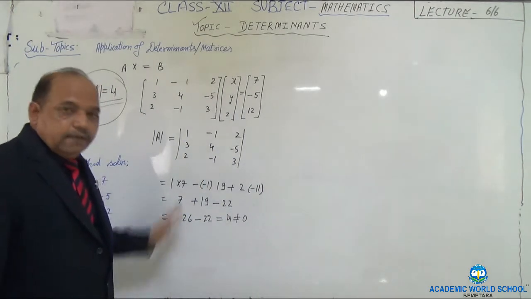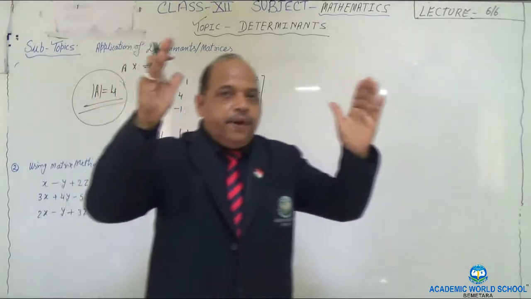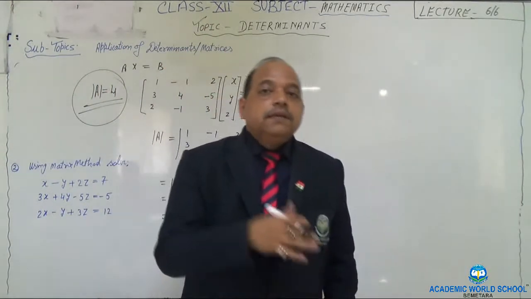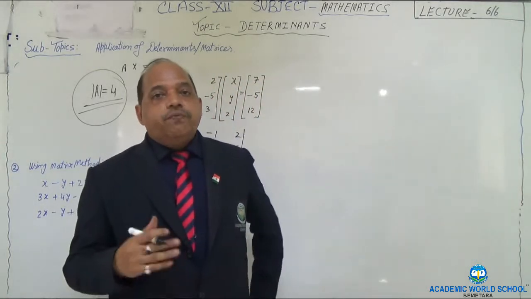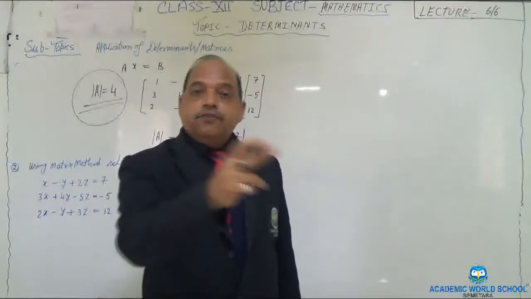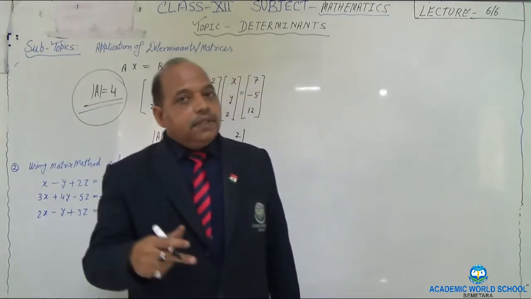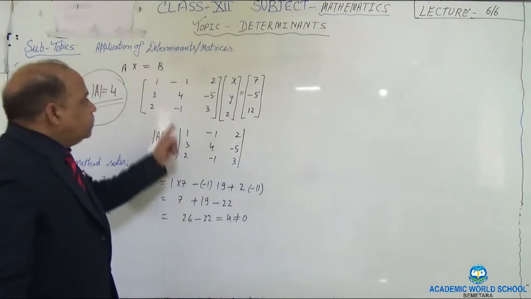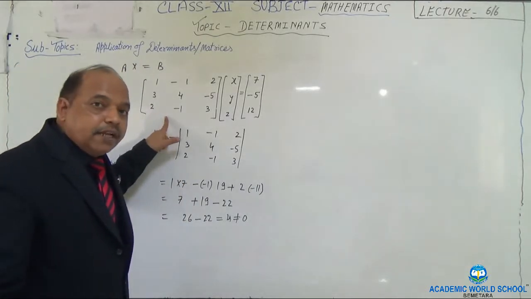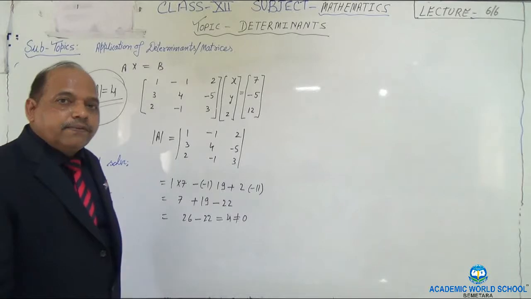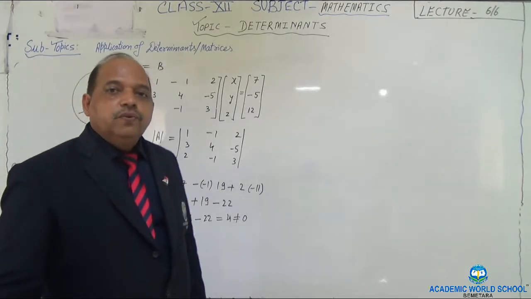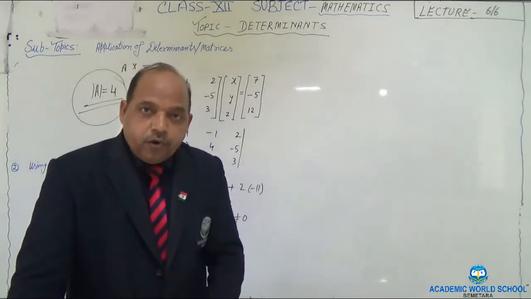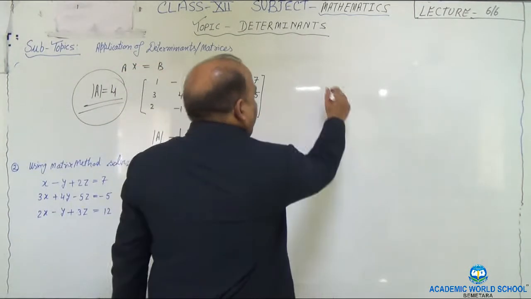So let's proceed. Step 1, express the given system of linear equations in matrix form. Step number 2, find out the value of the corresponding determinant of the coefficient matrix. See to it whether it is non-zero or not. The moment you say it is non-zero, you are indirectly saying this is a non-singular matrix. Once we have done that, what is the next step? We are going to construct the cofactors matrix. So we have to calculate all possible cofactors. Let's find out all cofactors.